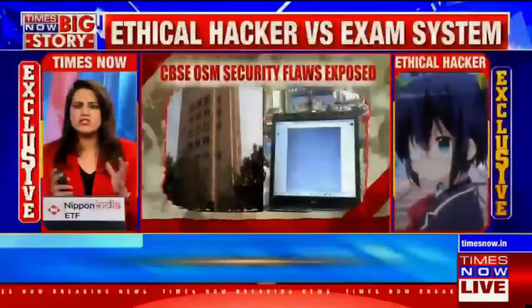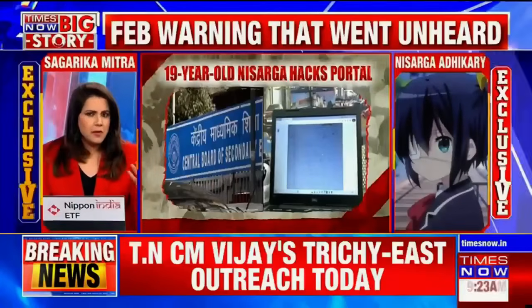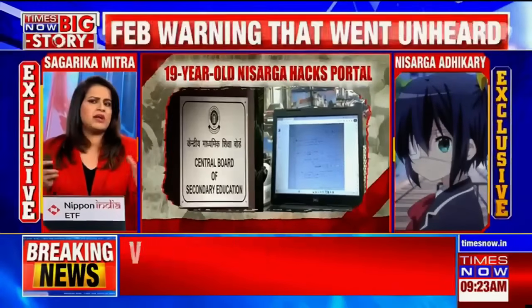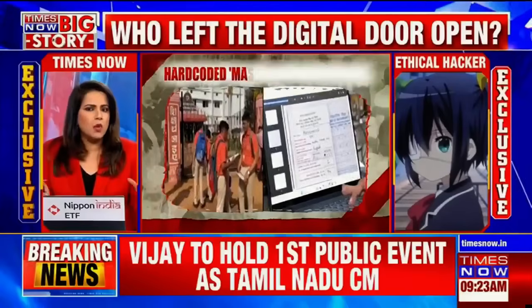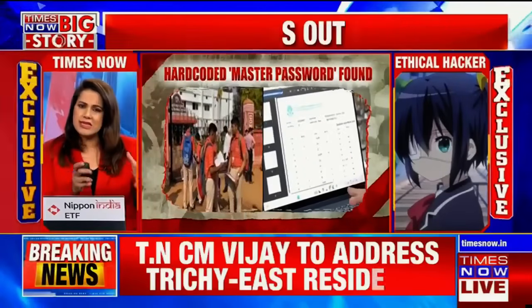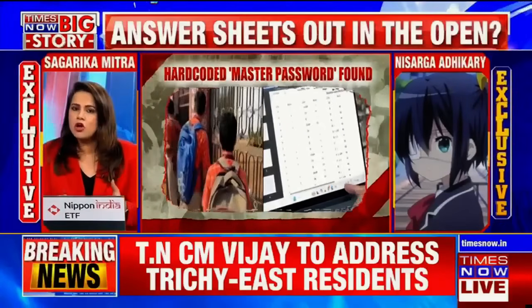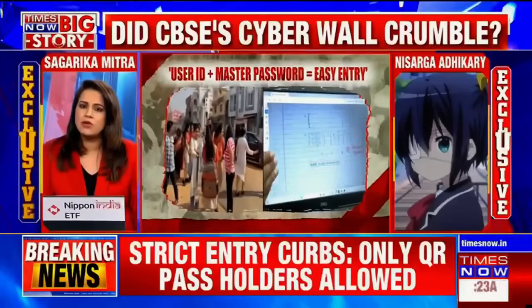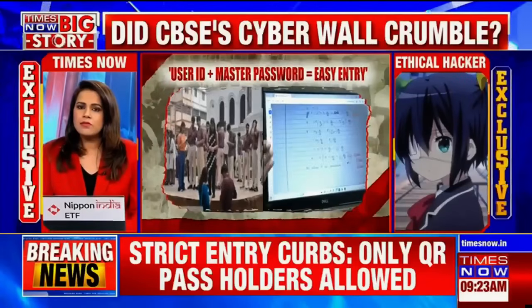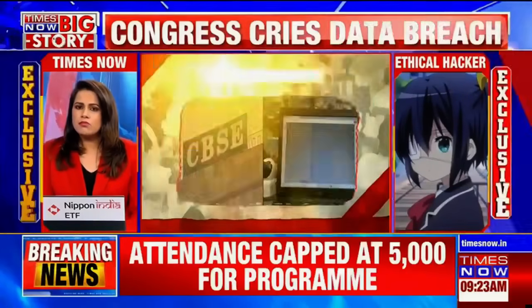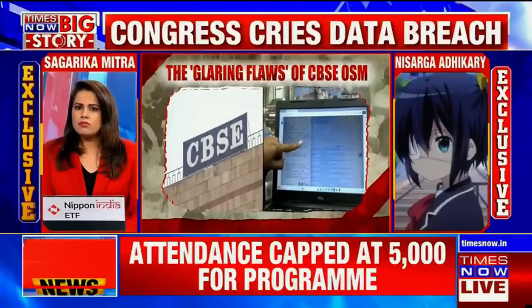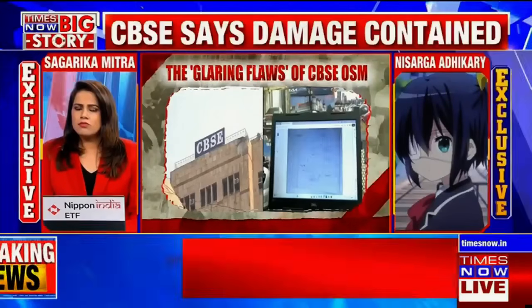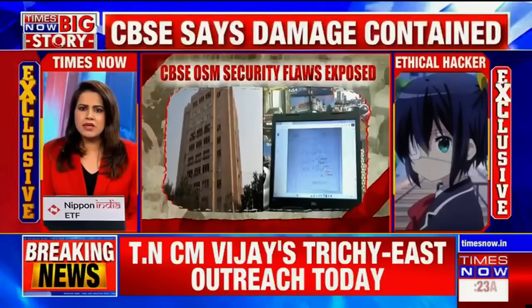For somebody who does not understand cybersecurity, especially for parents, if this were a house, what was the security problem? Was this like a locked door with a weak lock, or a door that was left completely open? The door was completely open, and the key was in front of everyone on the ground. Anyone can pick up the key and get inside the house. Okay, now that's extremely alarming.